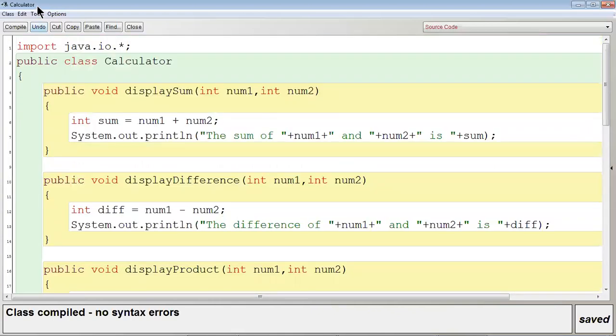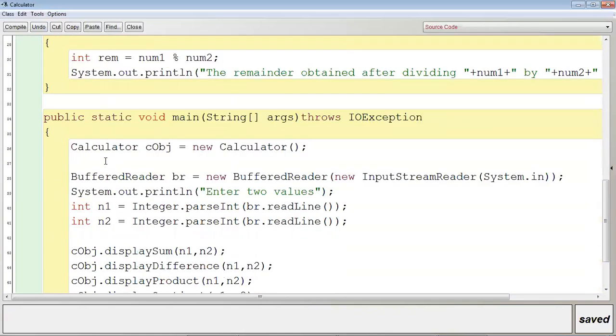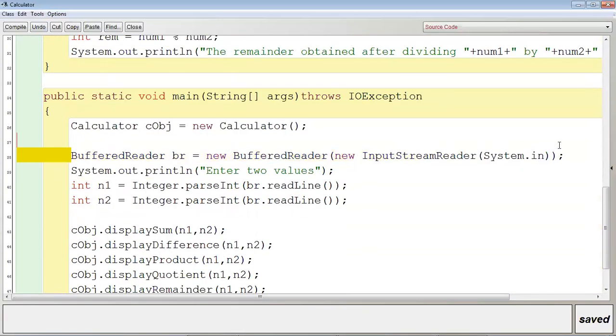Clear? And why have we written import java.io.*? Because from within the main method we are creating the object of BufferedReader. BufferedReader and InputStreamReader are the classes which are available within the java.io package. The classes which are available in the java.lang package need not be imported in our program, but all the classes available apart from java.lang will have to be imported.